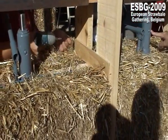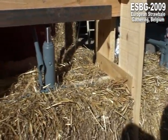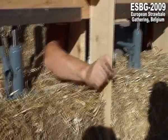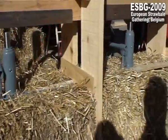5,000 kilos. So that's quite a lot for this straw. So you could pull up one car with this pump only. Kleine blokjes, ja, hier. I want you to ask how big is